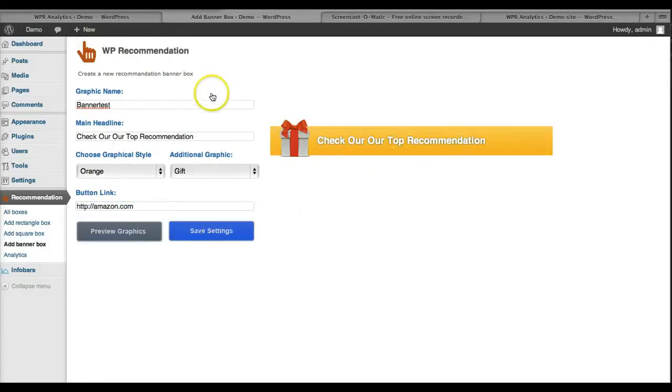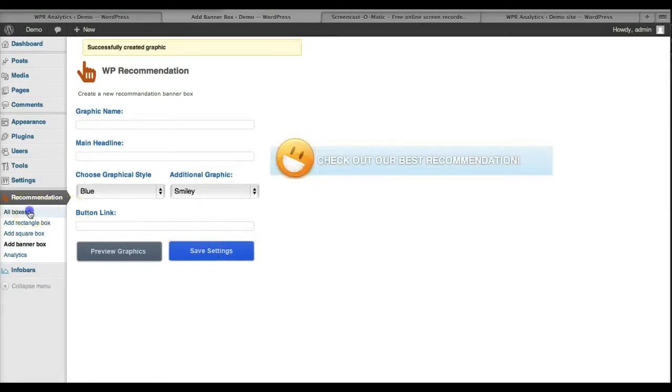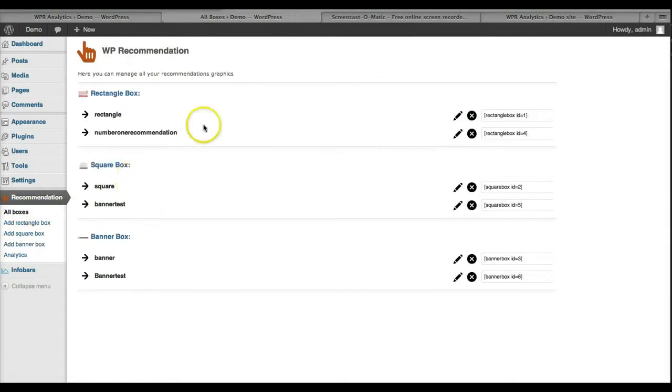Okay, looks good. I need, there's an exclamation mark, and then save it. Okay, and now if you go back to all boxes here, you can see I have number one recommendation, banner test, and the other banner test, which I named the same actually, but it doesn't matter. And I have some other old ones as well, which are here.